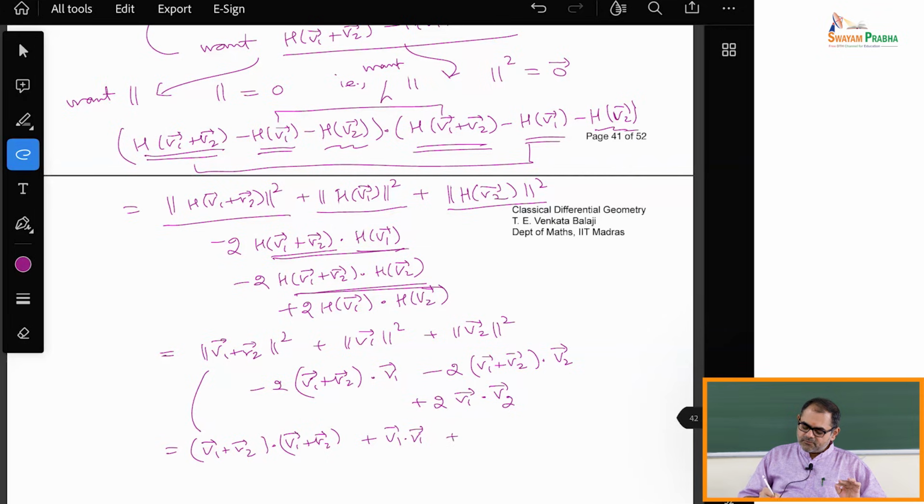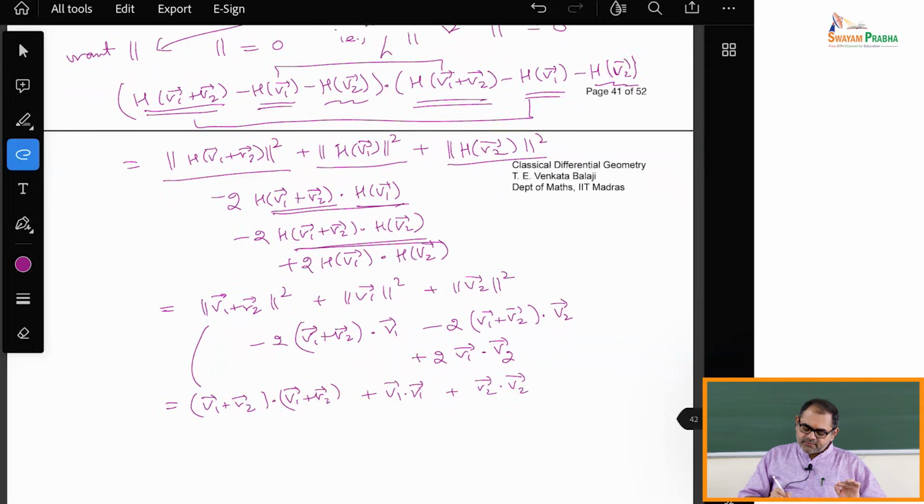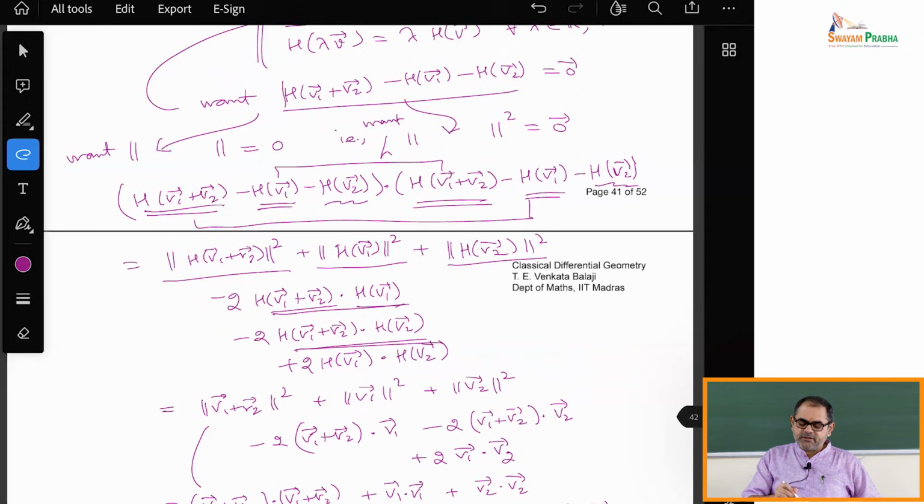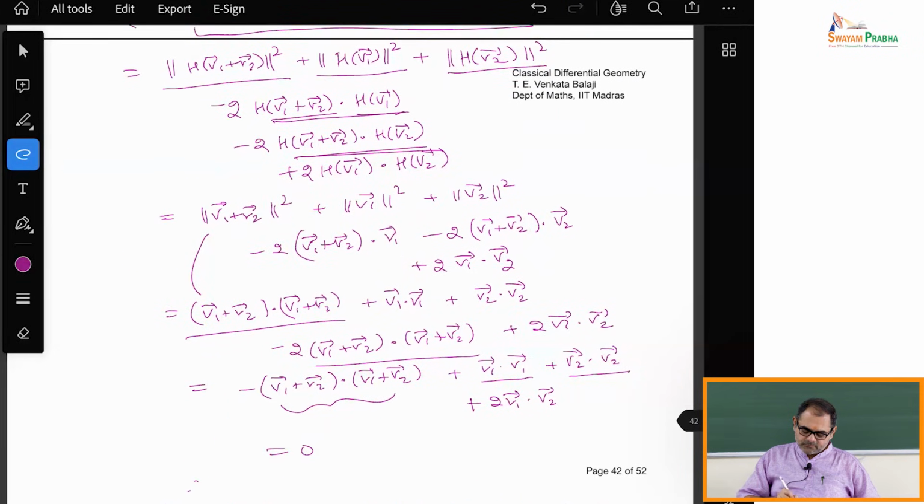And the third one will be V2 dot V2. Okay, and then here I'm going to get 0. That's all. Okay. So therefore, this is the calculation that you have to do if you want to write it completely analytically. Okay. So therefore, you see H respects addition. H(V1 plus V2) is equal to H(V1) plus H(V2). Okay. Therefore,